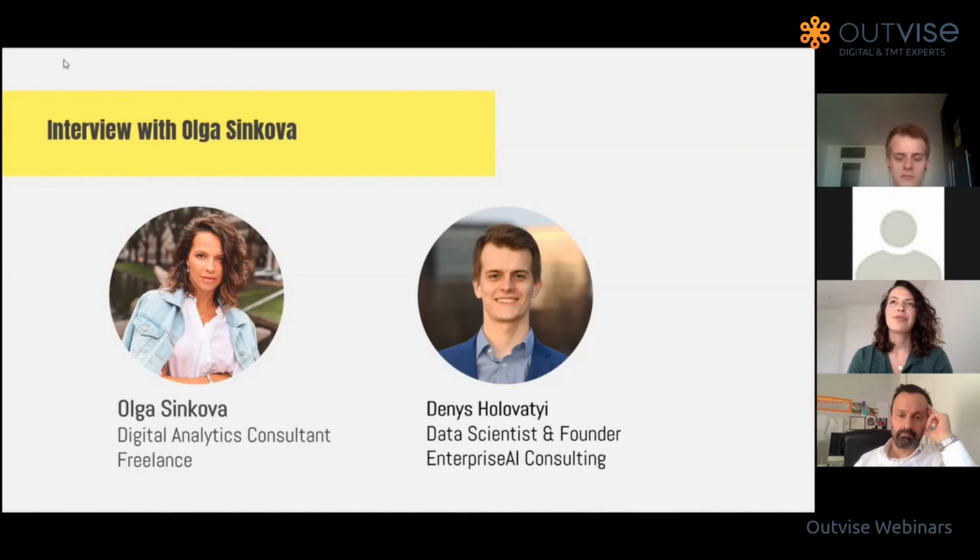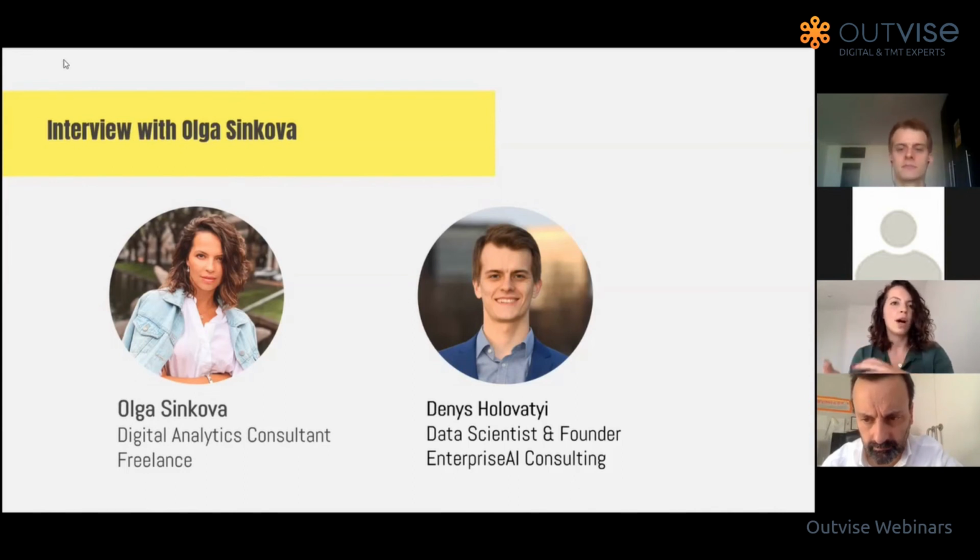Well, this is part of what we talked about. I cannot stress enough how important it is to define the measurement model before you start gathering the data. If you want to get really useful data, you need to think about what you want to get. You also mentioned that some customers implement AI and analytics just to be there, just to track all the buttons and all the filled-out forms, thinking they will check the data later. But it's important to think about why and what you want to implement and what you want to get beforehand, before you do all this work, because it's also a cost for the business.